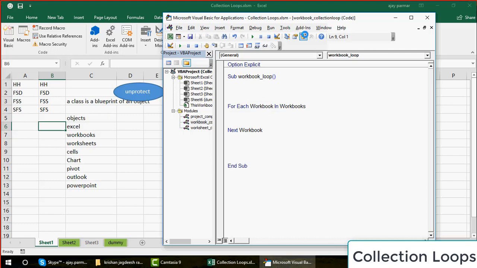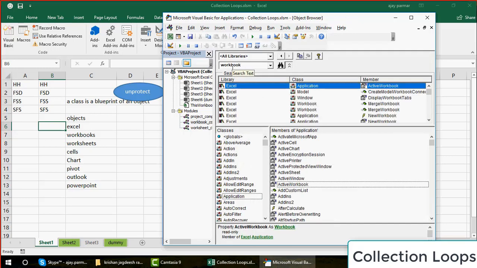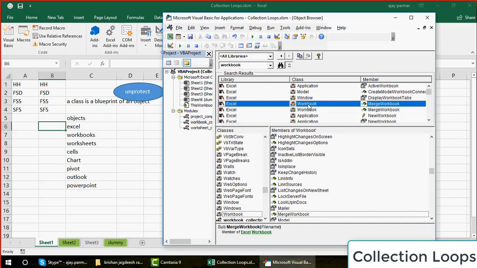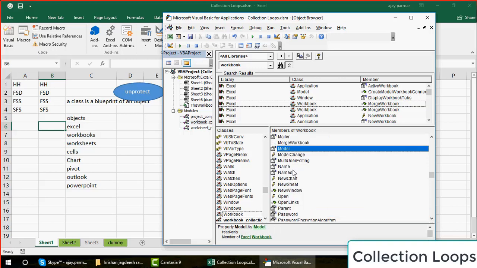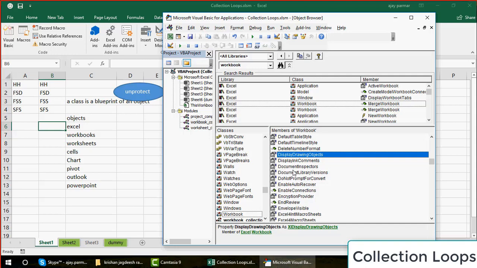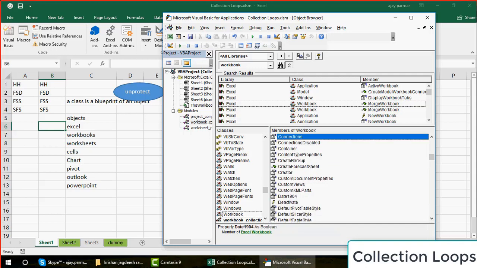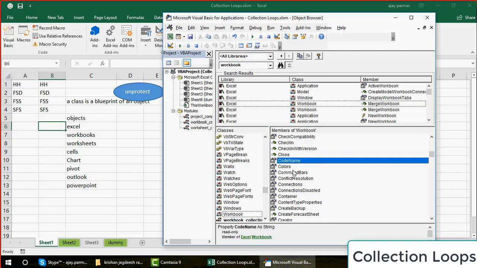If you go into the object browser and check workbook, you find there is a class called Workbook, which has a lot of methods and properties, right? If you remember, the things which you can do when you press dot: open, close, select, all that sort of thing. These are all the methods and properties which come when you press workbook dot.